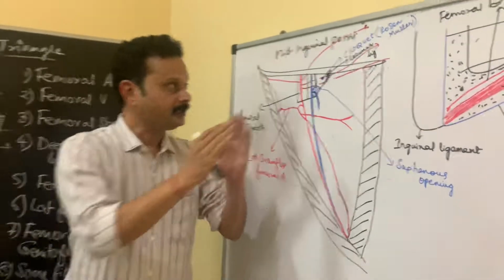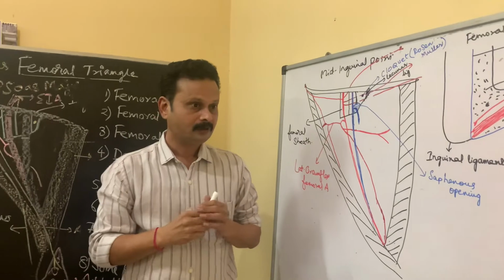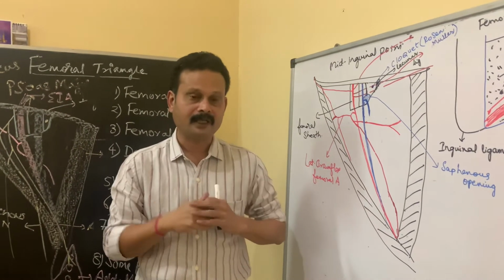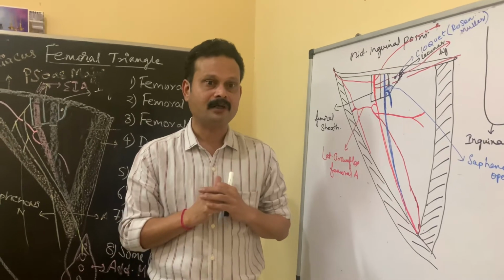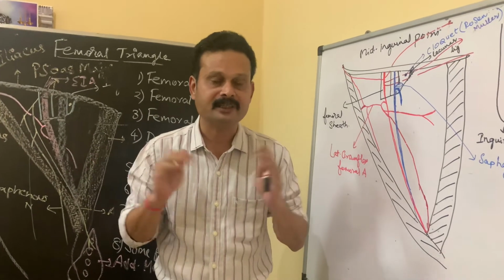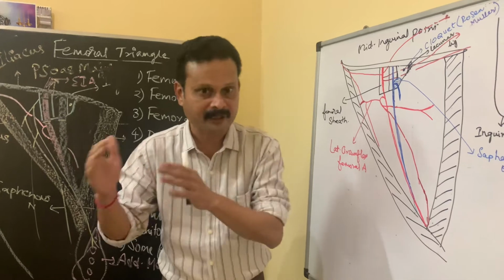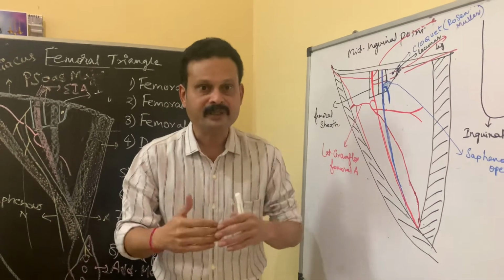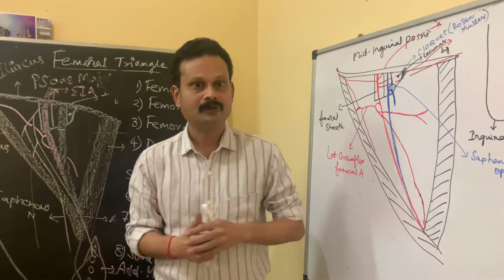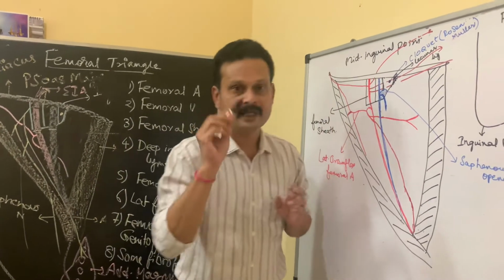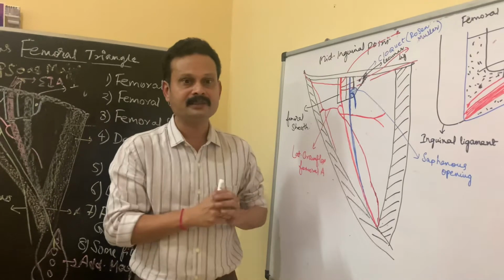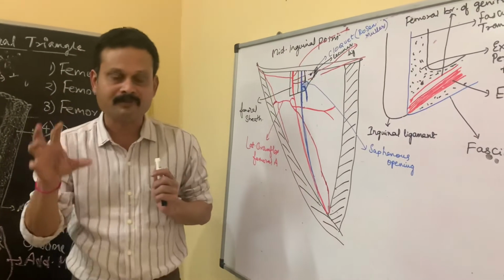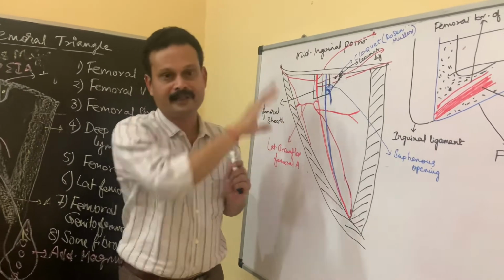Applied aspect in relation to this lymph node. This lymph node drains lymph from the glans penis in males and the glans clitoris in females. So in cases of diseases of these two, this lymph node is enlarged. When this lymph node is enlarged, our diagnosis should go to that region, that is, there is a problem related to the glans penis or clitoris.